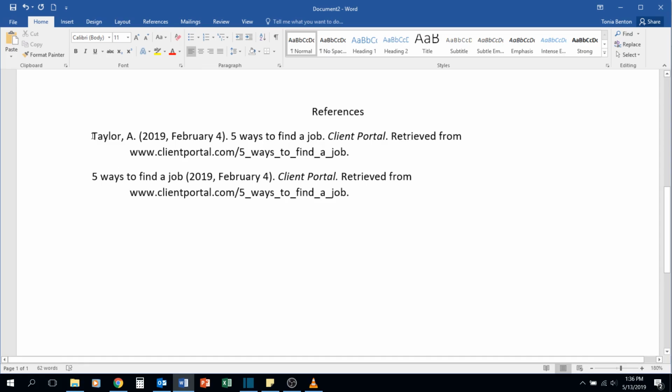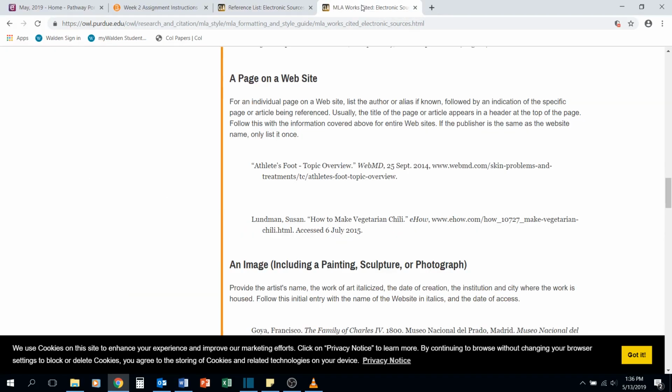For the same source, let's say you didn't have an author. In that case, you simply do not include the author. You begin with the title of the article instead, and the date would then go after that, and everything else would be the same. If you're using MLA, you can also use the OWL at purdue.edu site to help you out,